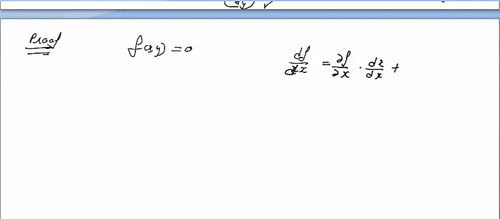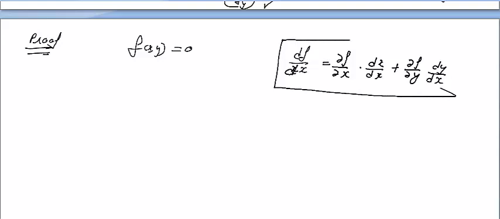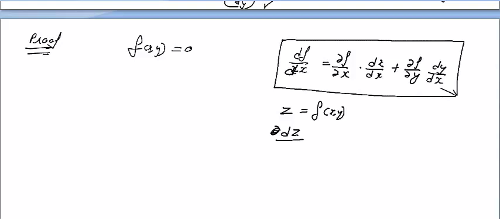I am just writing the derivative of f with respect to y and dy by dx. Student, you know that already I have discussed, if z is a function of x and y, you know that. So the derivative of the composition function, derivative of z with respect to x will be the same thing, means derivative of z with respect to x and derivative of x with respect to